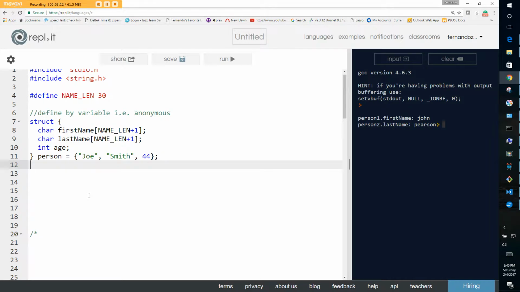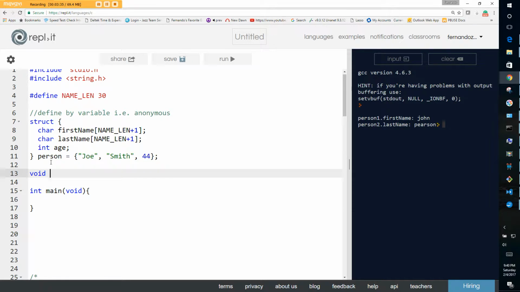And so let's say that I have a main, the usual main void, and then I can start using person as my struct. I can initialize it the way it's initialized here, and I can display my struct. So let's create a function to display my struct. Let's just say void display person,